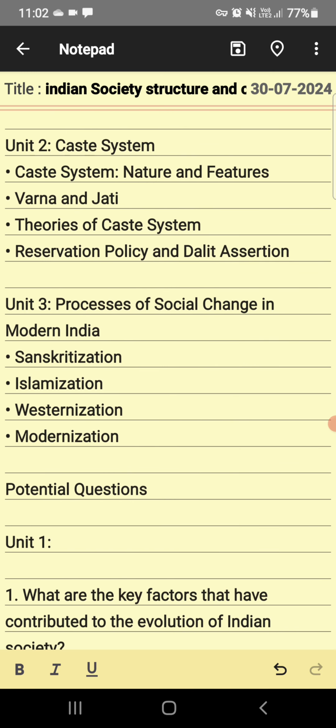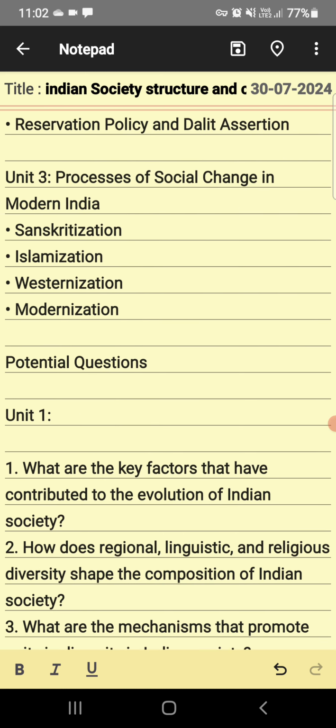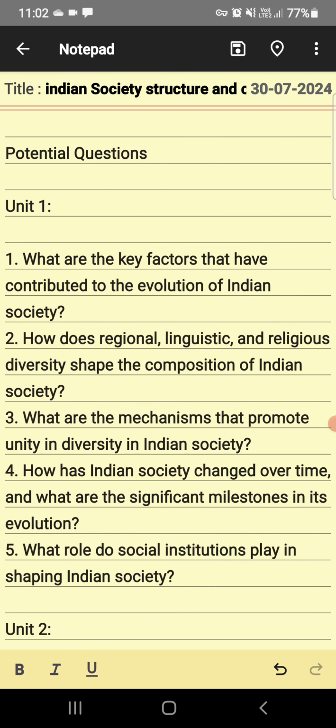Then Unit 3 is Process of Social Change in Modern India. In this unit you have to study Sanskritization, Islamization, Westernization, Modernization. Now, some important questions